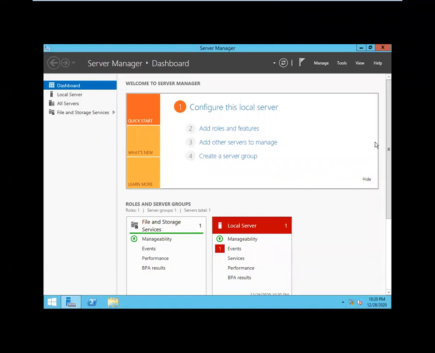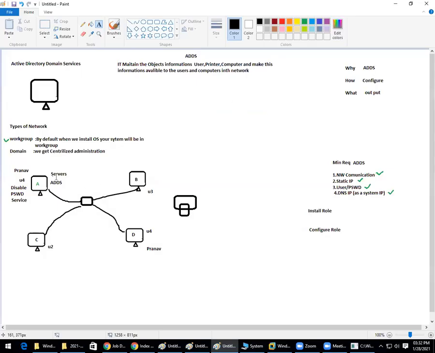A dashboard displays everything about your server's status and roles installed. If you're new to the organization, from here itself we can check how many services are running on this server. Now your job is to add a role. In the previous case, we saw only the server had been installed. Nothing we did there.